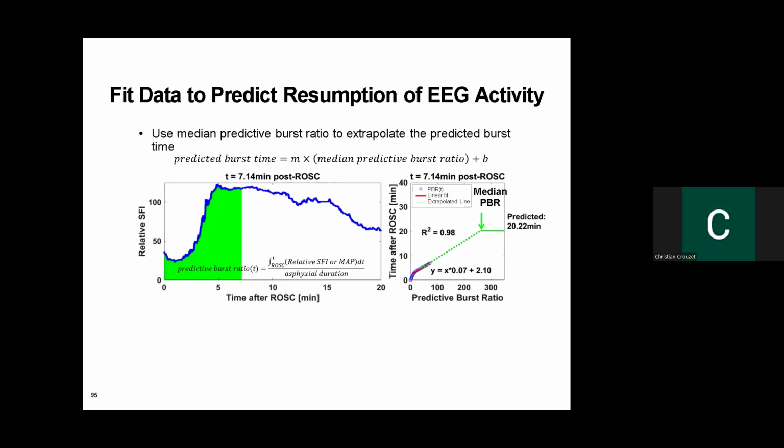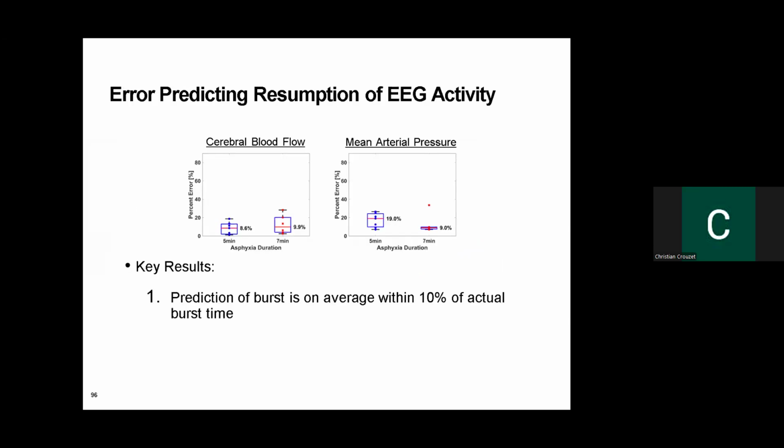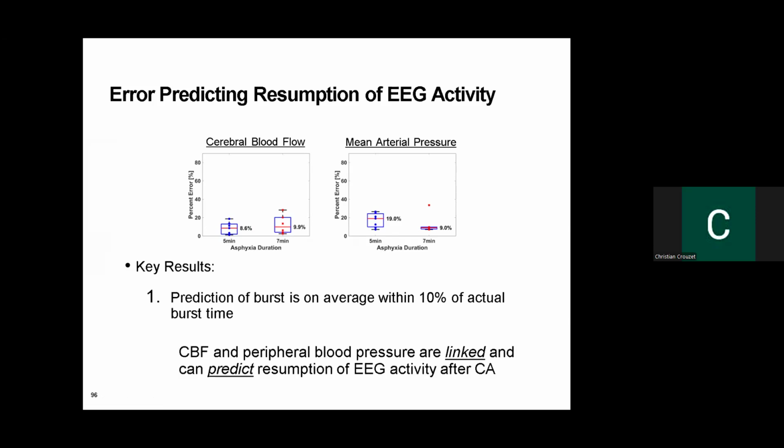And now we actually see what the actual burst time was, or the resumption of EEG activity was. And the actual one was about a minute off from the predicted time. So using blood flow, it actually could predict the burst time within a reasonable degree. On average, it had a less than 10% error for both 5 and 7 minutes. And then just looking at mean arterial pressure, it didn't do too bad, but it did have a larger error than just blood flow alone. So kind of the key takeaway from this initial work was that,